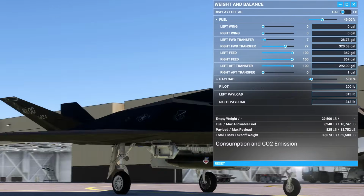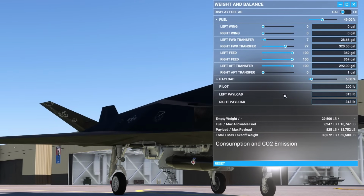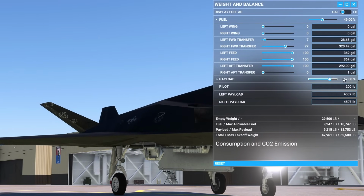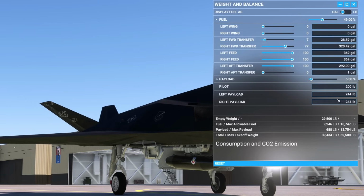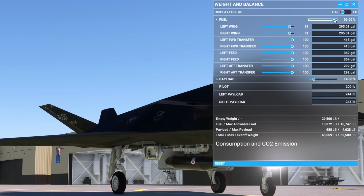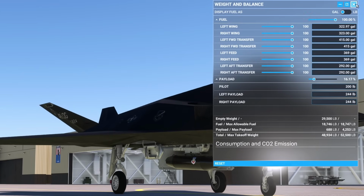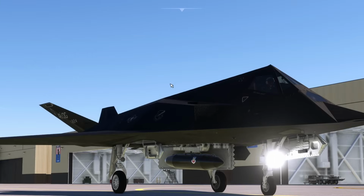But I can't seem to get it, but you can get like 2 bombs in it. Yeah, back in the day I used to have a list, but I don't have a list anymore showing the value of the bombs. But you can get a bomb underneath there. Get like it fully weighted. Then generally it would go like with full fuel on missions, because well, it used to fly for a long time. You can open the